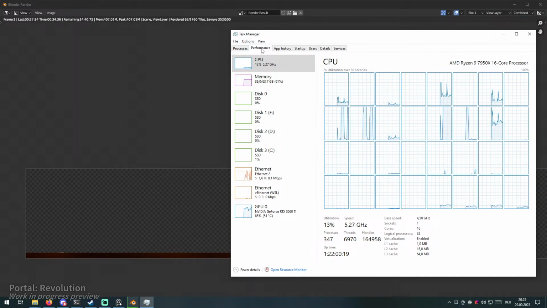CPU does many, GPU just does one. Okay, I thought with GPU it would do like thousands, because I've read that stuff before, of course, but